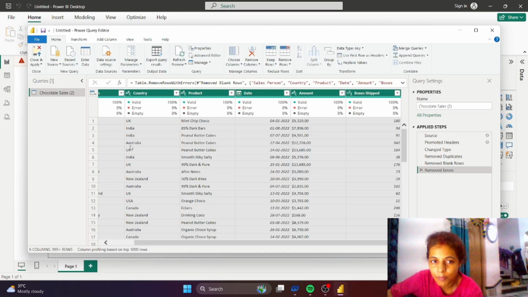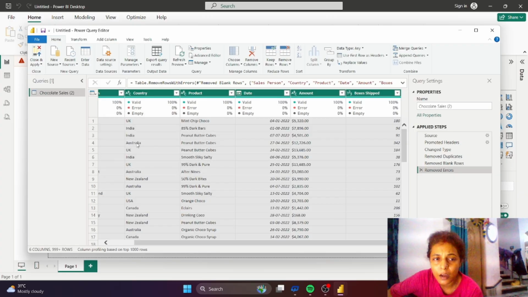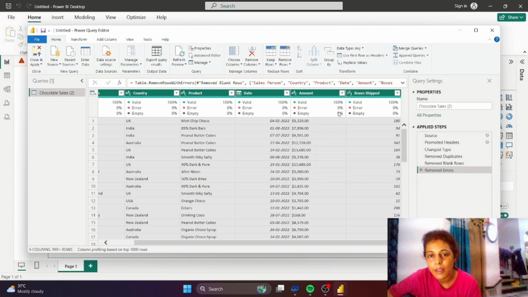Always keep the data type in mind. This is called data type. Data type means if your value is text, then the data type should be text, and if the value is numerical, then the data type should be number. And if the data type is date, then it should be date. Always keep this in mind. And where will we get the data type? This is the question. So just go here to Transform.